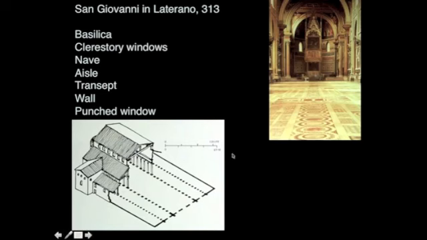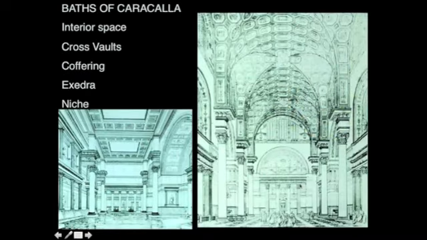So as a point of comparison to this very simple, very humble vaulting of St. John Lateran, I just want to remind you of the vaulting of the Baths of Caracalla, which are astonishing technological wonders, not simply in terms of their shape, but also in terms of their materiality. This is marble, this is gold leaf, this is pulling out all the stops in terms of making an architecture